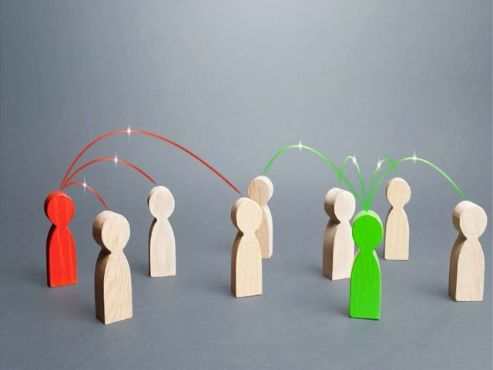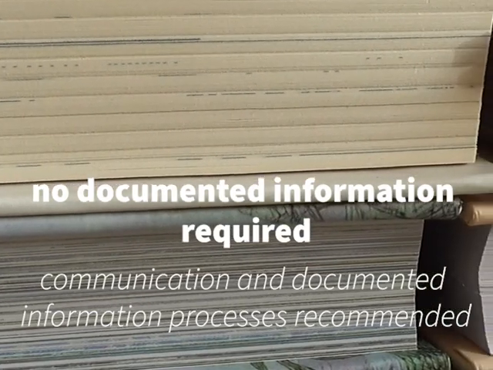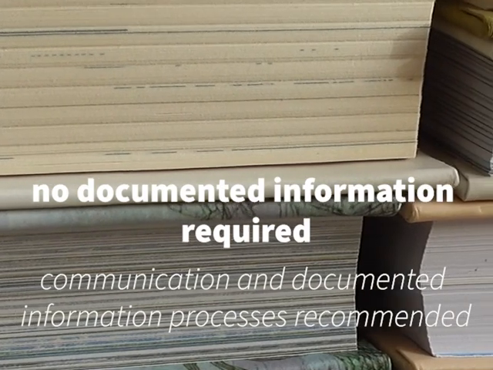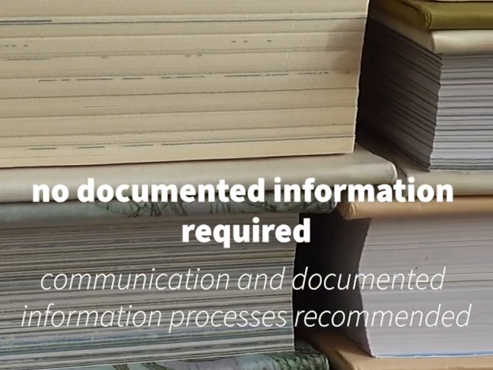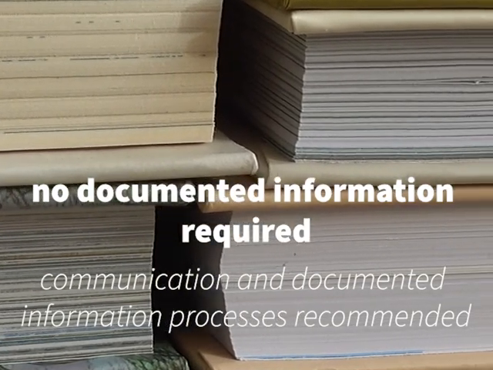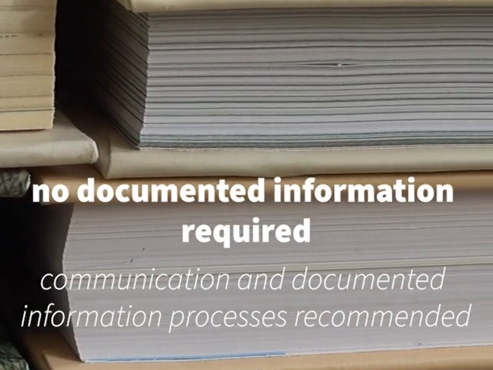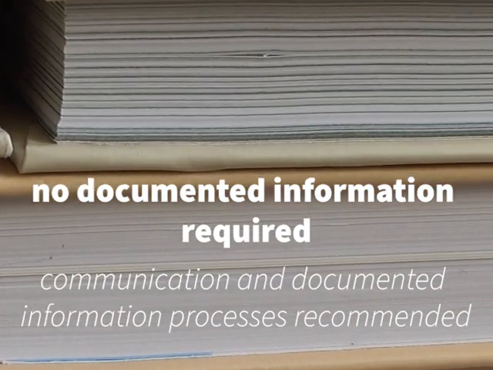The requirements for documented information are the same as for other management system standards such as ISO 9001. This concerns the creation, updating, release, and distribution of documented information. In Chapter 7, no documented information is explicitly required, since the required documented information for communication was restricted with the addition of "as appropriate". However, it is recommended to define a process in the environmental management system at least for the communication and control